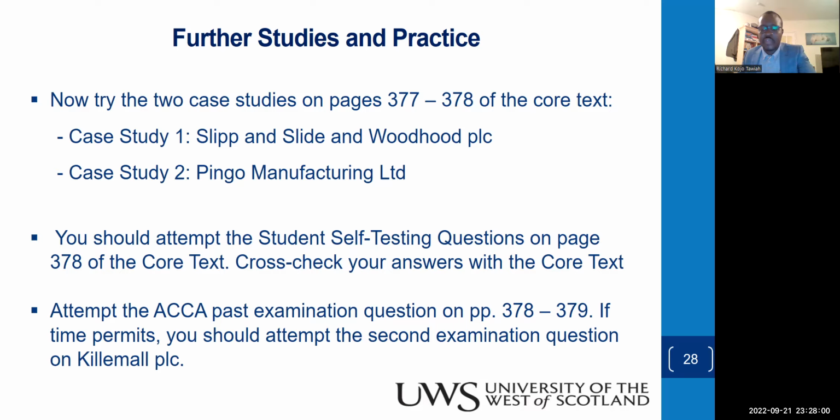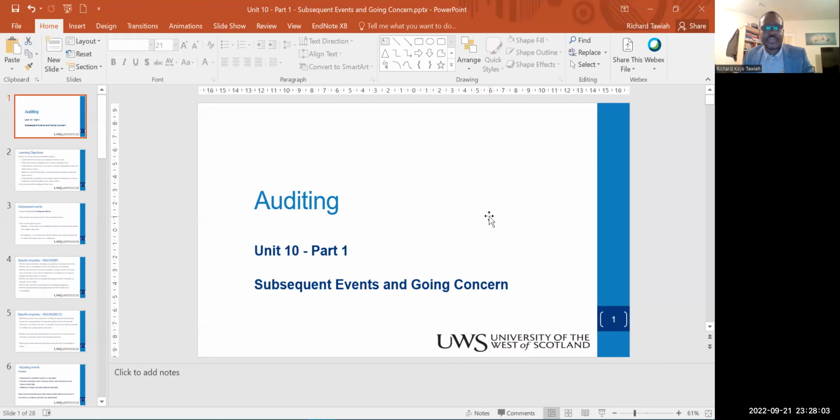All right, friends, I will leave it here. I think time is fast spent on this side, but it is worth it, okay? Subsequent events and going concern issues are quite important. If the auditor mistakenly signs off and says the company is actually going to survive into the foreseeable future, and then somebody with whom the auditor has proximity, forget about the Bannerman wording of disclaimer, I mean, once there's a proximity, you, the auditor, can find yourself in trouble.